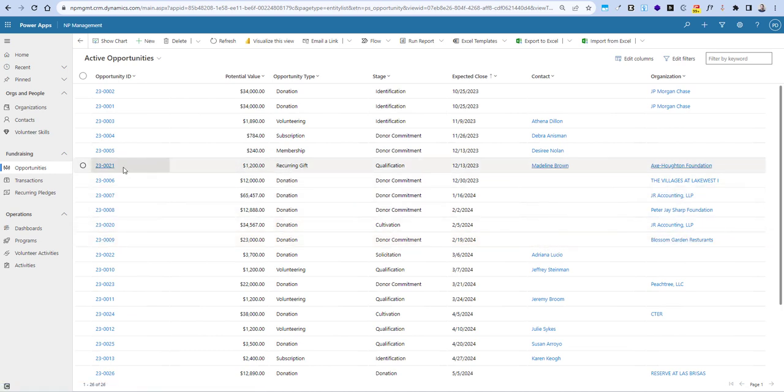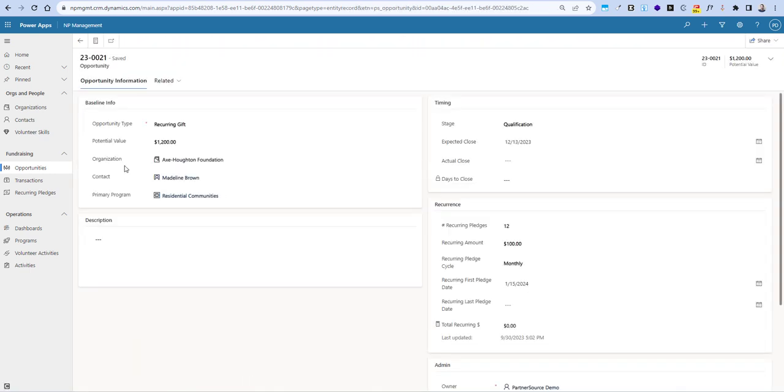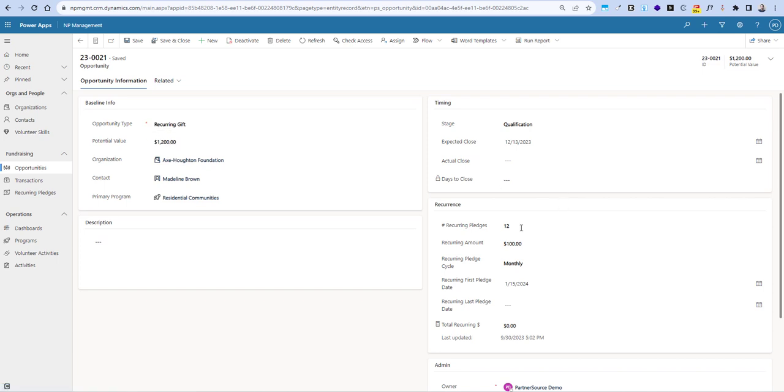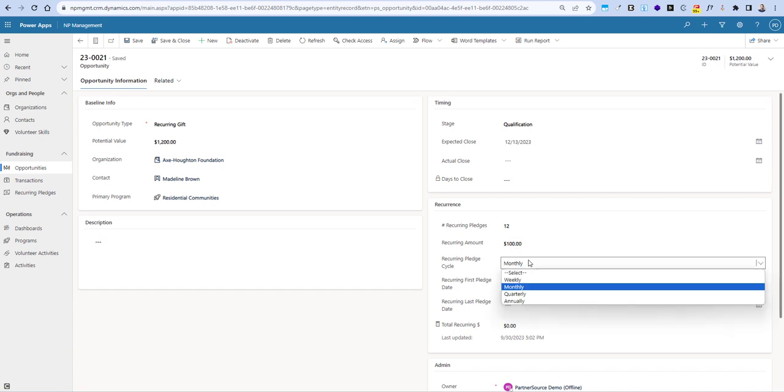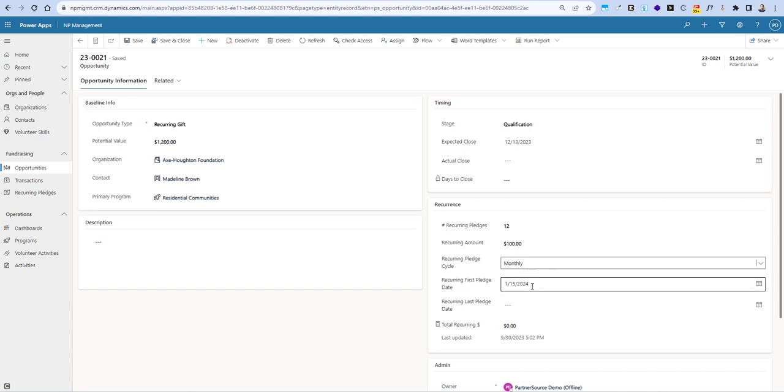Recurring gifts are kind of interesting. Otherwise, it's pretty straightforward. You enter the total amount, the type, identification, you work on the stage, and then you work it until the point at which it has been closed. But with a recurring gift, it's kind of interesting. So you can open up a recurring gift opportunity, and you can set the number of pledges, the recurring amount, and the cycle. So if you have 12 pledges at $100 on a monthly cycle beginning this day, you simply